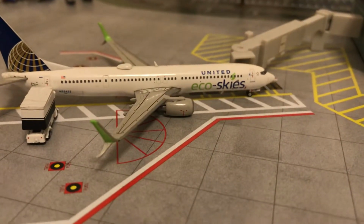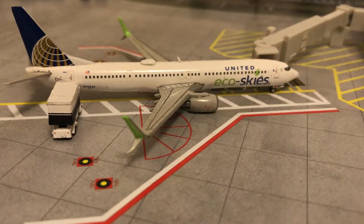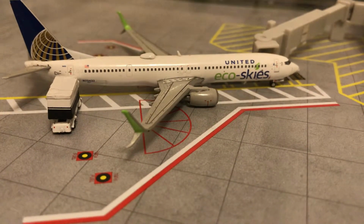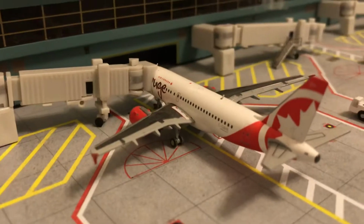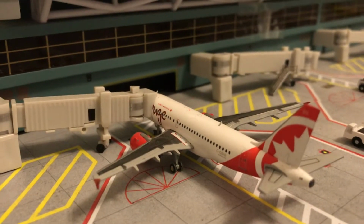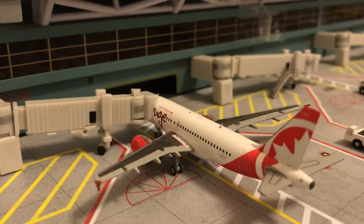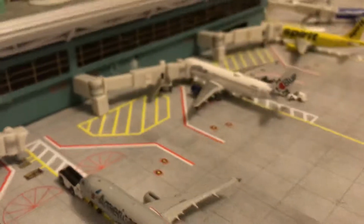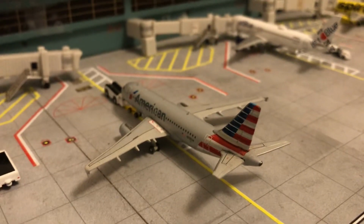All right, anyways, here we have the United 737-900 with the split scimitars, and this plane will be going off for a flight to San Juan. Here we have the Air Canada Rouge 760, Airbus A320, and this plane will have service to Cancun, Mexico. Here we have the American Airbus A319 with service for...